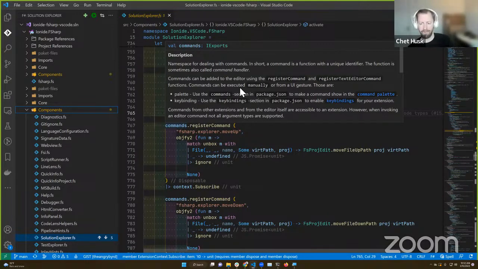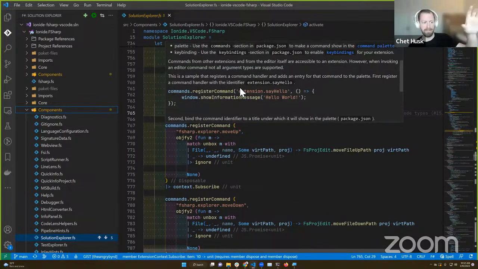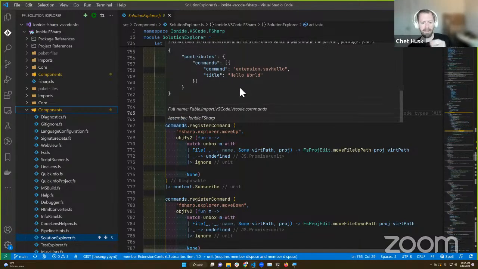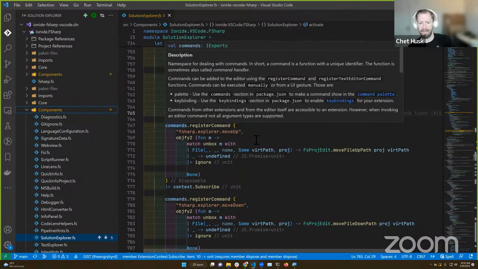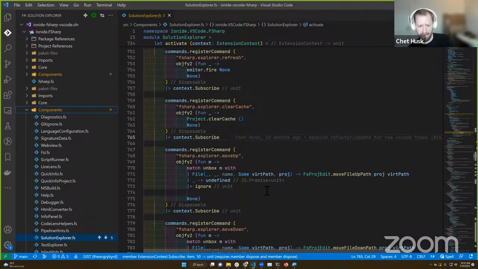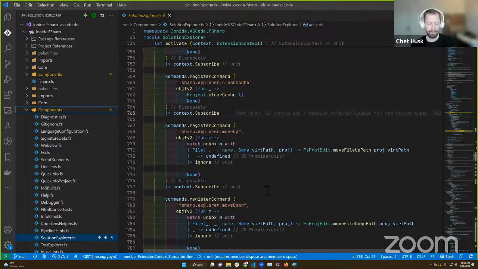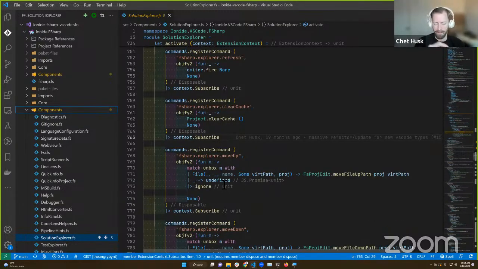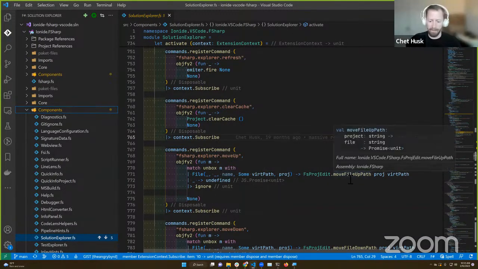We are giving a data structure to VS Code that talks about the different nodes, and VS Code renders that. So we have a tree data provider that is set up inside this activate. But we also have these commands registered: f#.project.add file, clearing the Explorer cache, moving files up and down, that's all registered here. And in every case, you generally just unwrap the parameters and call some function for the actual definition, right? So this is just a real thin wrapper.